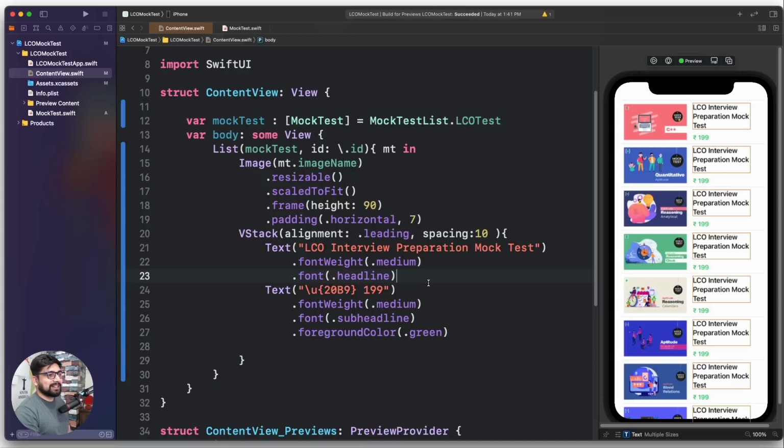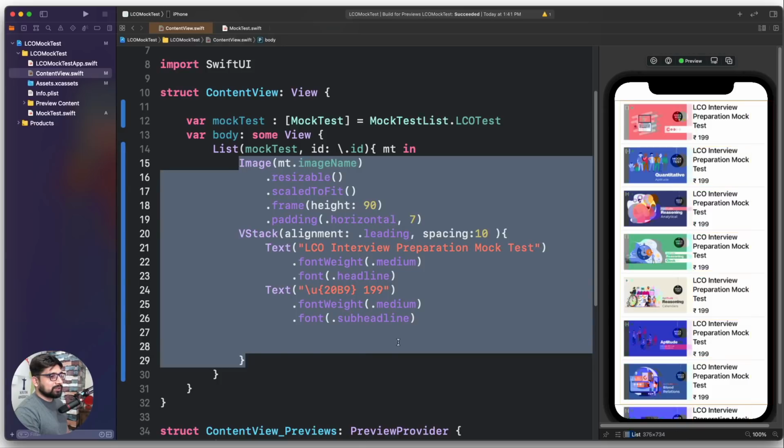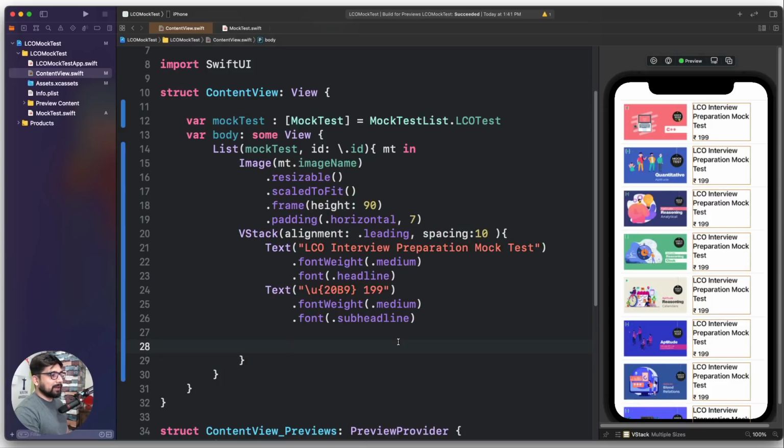I know this is not the best UI or going to get any UI award, but you get the idea of how these things can be easily manipulated. I'm going to go ahead and remove this because I don't know, this is not something that I'm liking as of now. Okay, so this is all good. We will be working a little bit more on that, but I think this part is all done and this is all okay now. Now the next thing we will be doing is referring